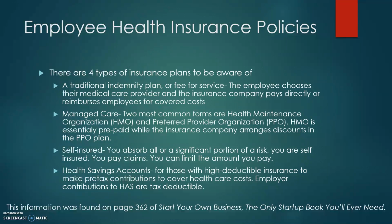The second is a managed care plan. The two most common forms are health maintenance organization and preferred provider organization. An HMO is essentially a prepaid plan, while a PPO is where the insurance company arranges discounts with their preferred